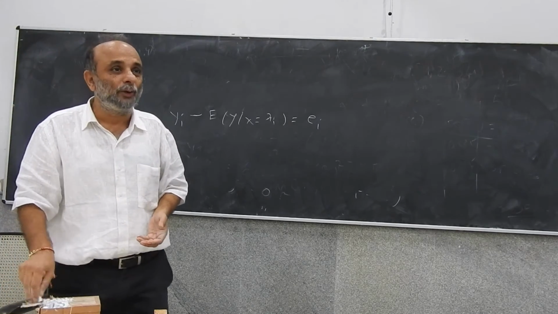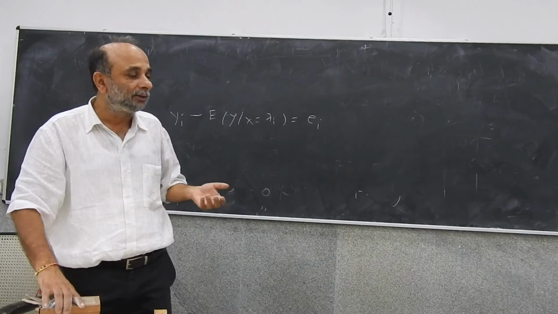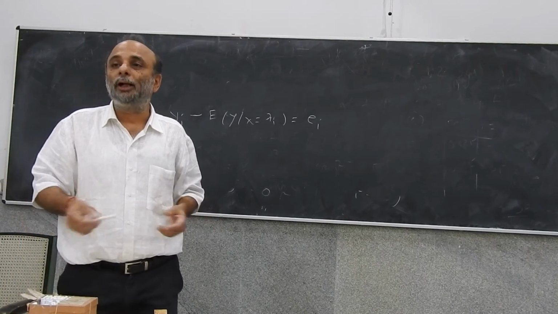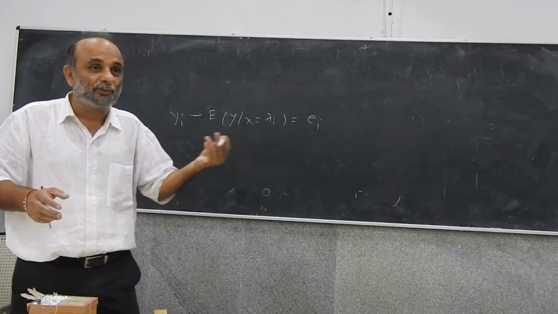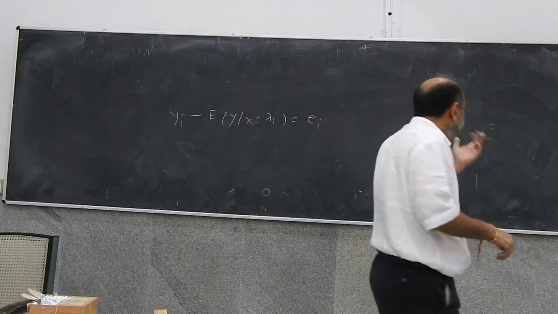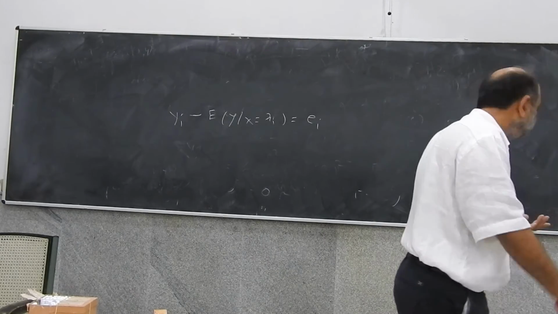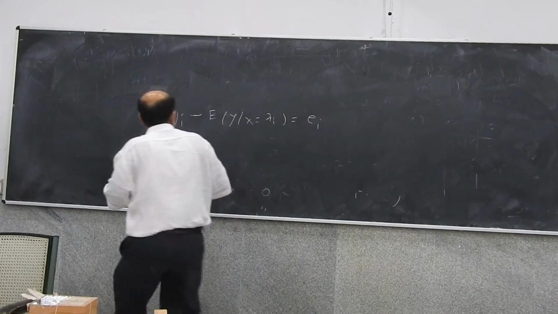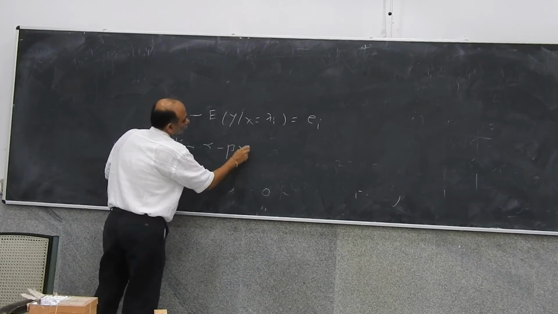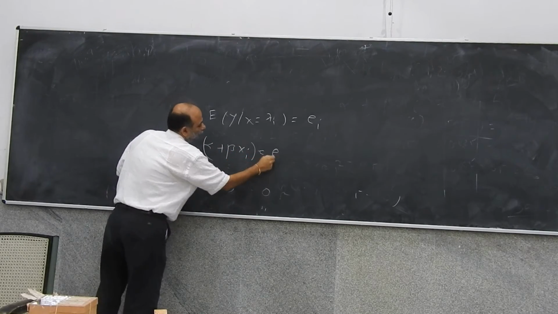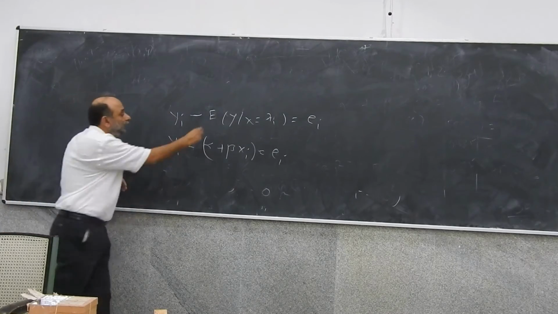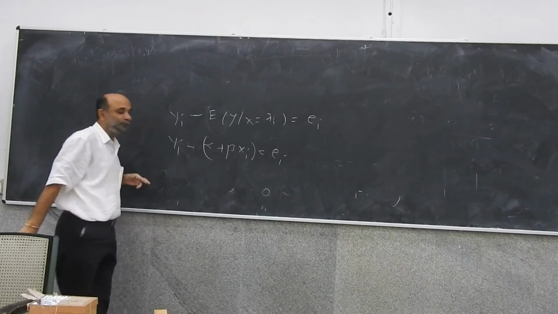Unless of course all the chalks were exactly the same, in which case I would not have to estimate. All that I need to know is there are 100 chalks in this and the overall weight is 1 kilo, so 1 kilo upon 100 is what each individual chalk weighs. But since that's not the case, each chalk weighs a little bit different, and I need to do a statistical estimation. So given this, I have now yi. Is this idea clear? Because this can be written simply as alpha plus beta xi.